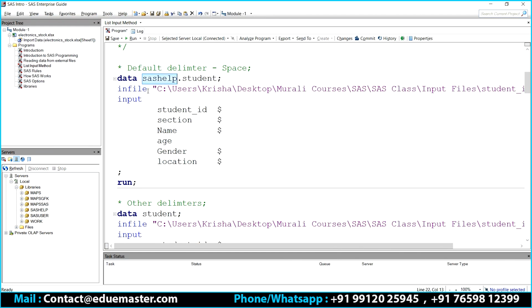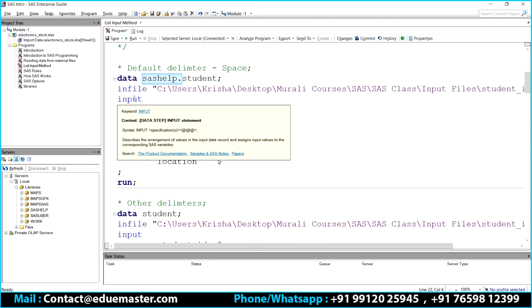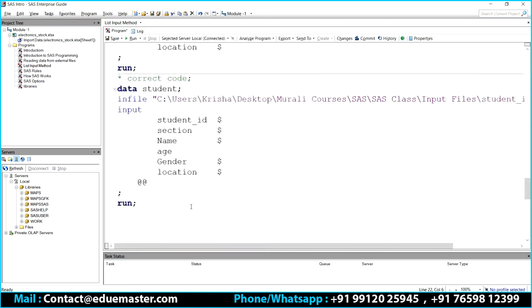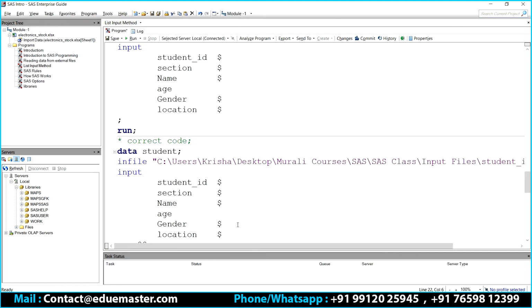So this is how to create a SAS dataset in a permanent library. What is this name? Why didn't I use this dot before the dataset name earlier, but I'm using it now, correct? All of this I'll cover in how to create these permanent datasets. What are the dataset naming conventions? What are the rules for the SAS libraries? All these are there. I haven't taught that yet.